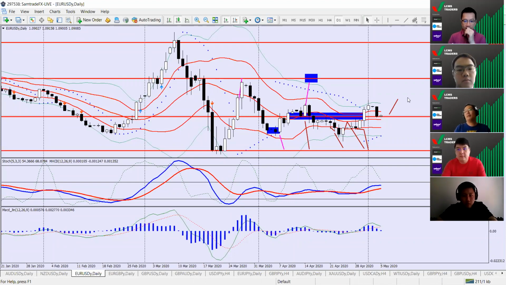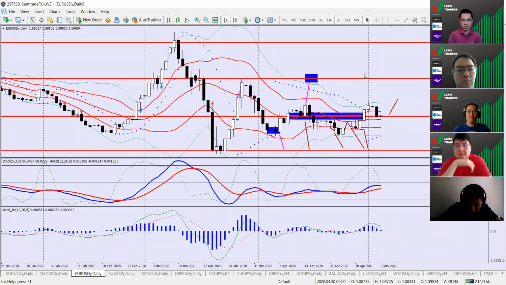Because of that, you could see that I started talking about the euro not being super excited, not being my usual self of how I was talking about the Aussie or the Kiwi yesterday. I'm not super excited about the euro because I don't actually think that there's going to be a lot of direction coming from the euro, right? Whether it's upwards or downwards, not a lot of clear direction coming there. That's on the daily time frame.